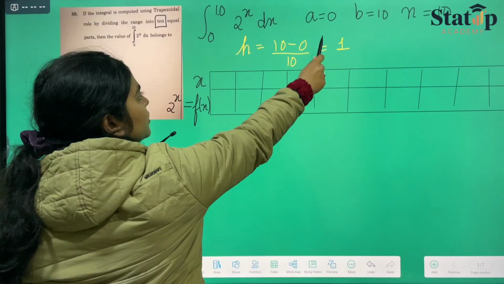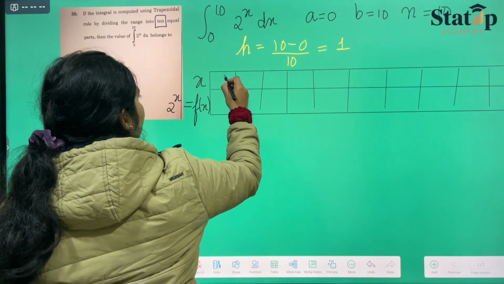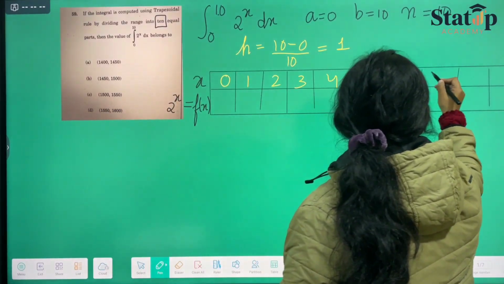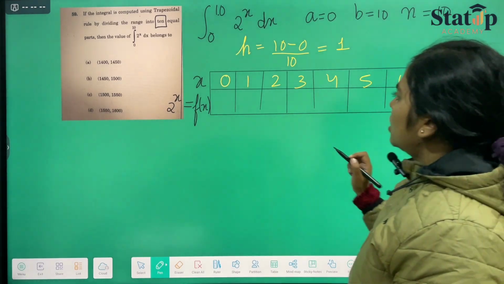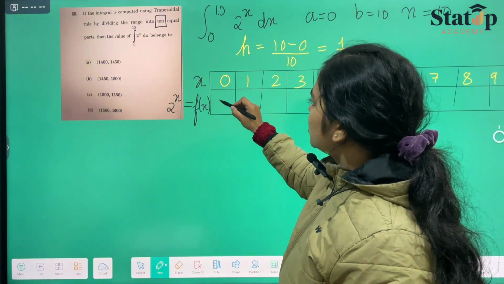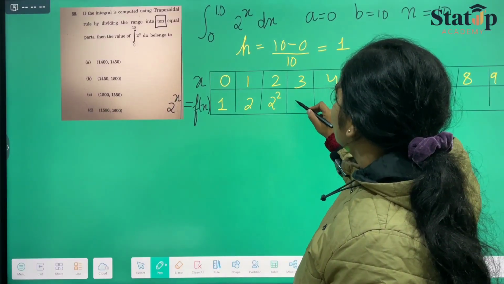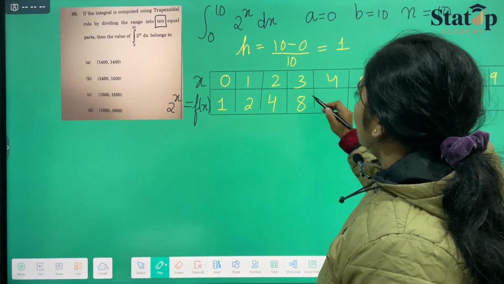So we have to start from 0, and with intervals of 1 we have to reach 10. So we will write 0, 1, 2, 3, 4, 5, 6, 7, 8, 9, and let us say 10 is here. So 2 raised to the power 0 is 1, 2 raised to the power 1 is 2, 2 raised to the power 2 is 4, 2 raised to the power 3 is 8,